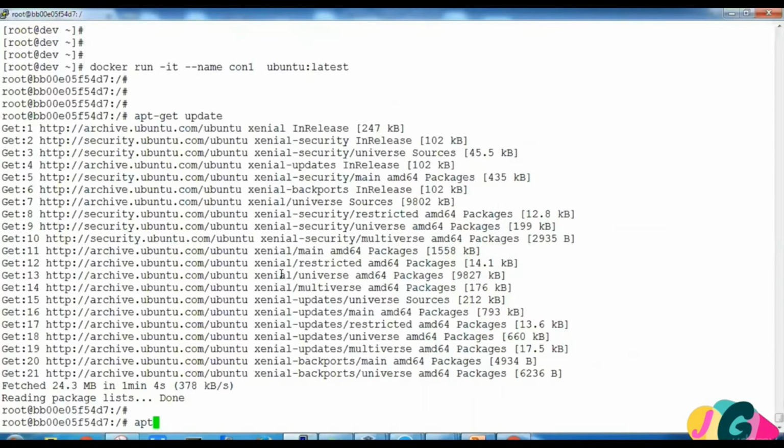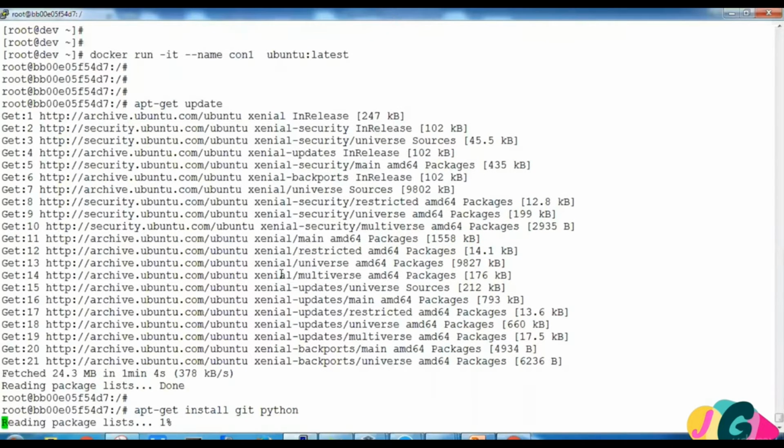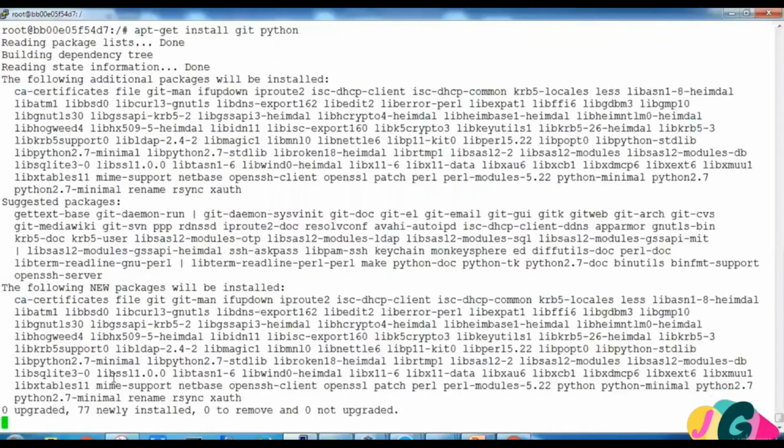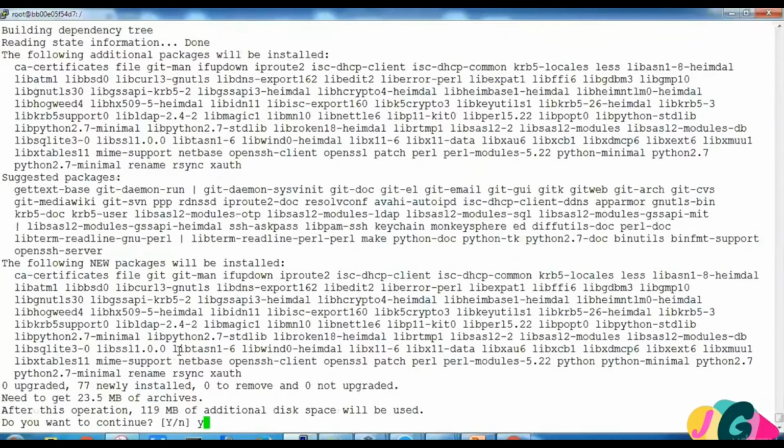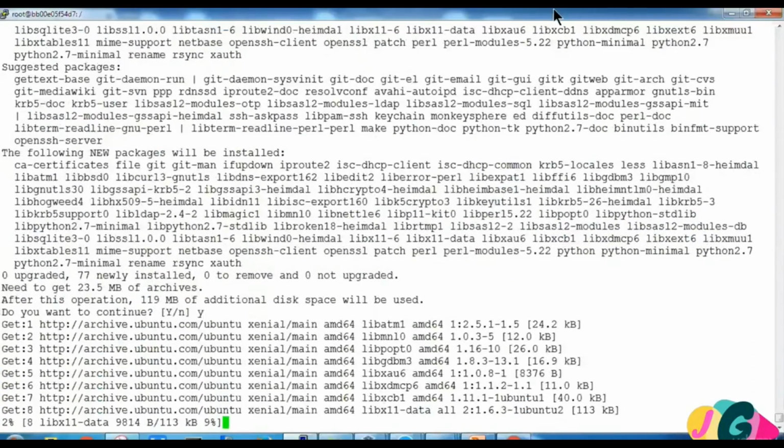Let's run another command to install git, and at the same time we'll install Python. So we are installing these two packages. It will take a few minutes for the packages to get installed.